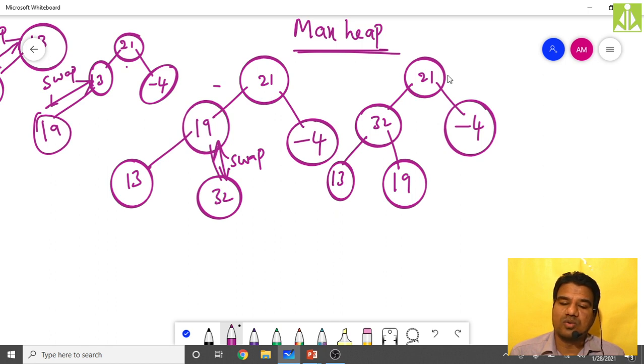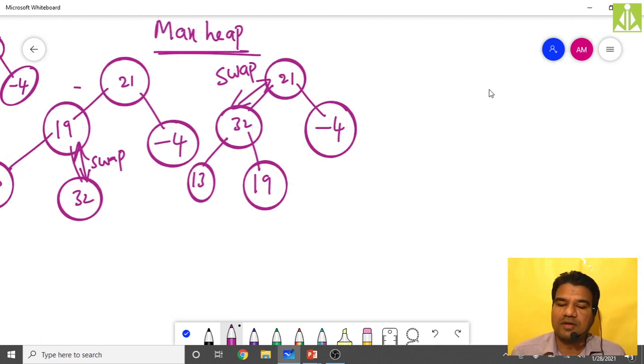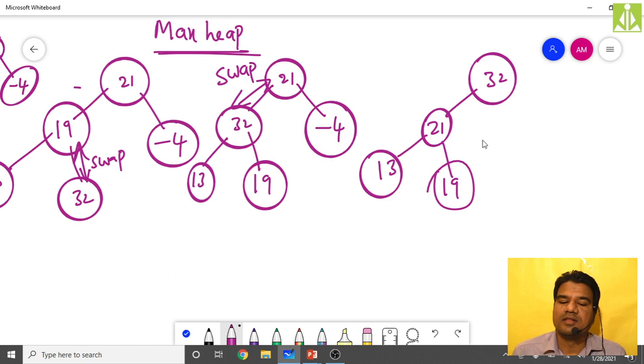The root node is smaller and the child node is greater, so again you swap. Now 32 you will get over here, then 21 will come down, then 13 here, then 19 here, then -4 here, like this.